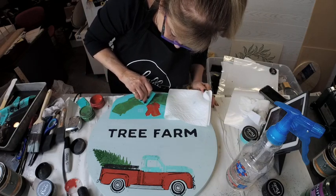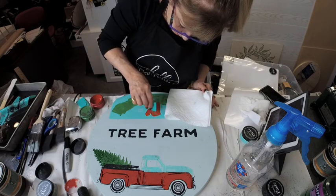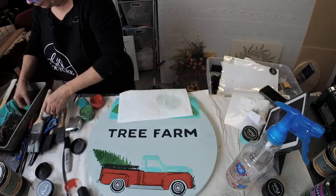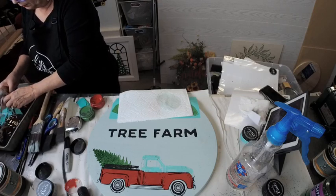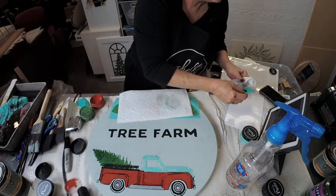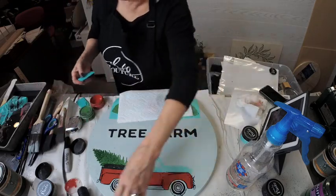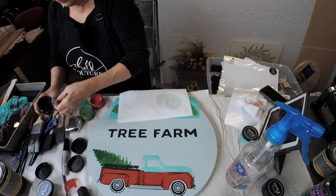I'm going to be doing another one of these. This was fun. And because your transfers are reusable, guess what? You can do it again, and again, and again. It depends on how much stuff you do as to how much you would get out of one jar. I guess that's kind of a hard question to answer. Some of these designs are fairly large, so